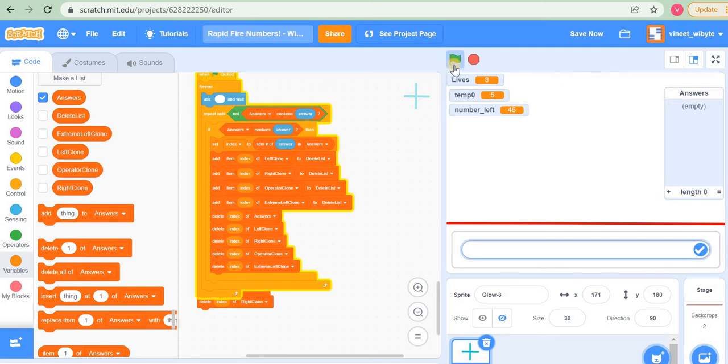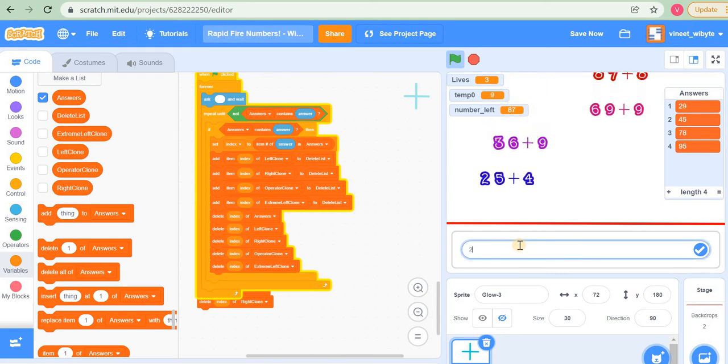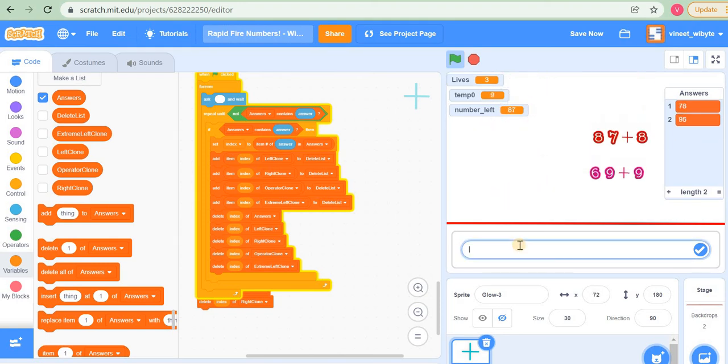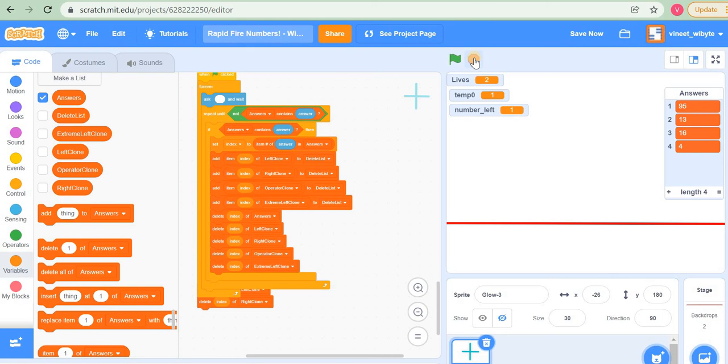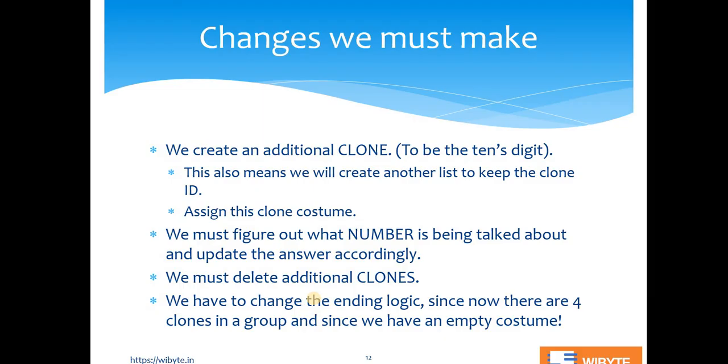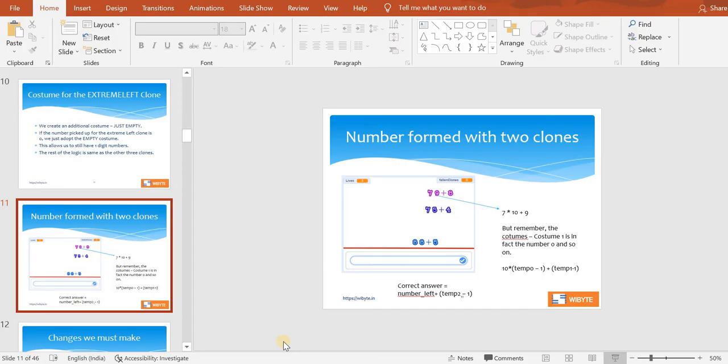So really what's going on is that if I answer this question now, you should see those things getting disappeared, right? So if I say 24, indeed it disappears. 29, 45, and your game is actually in a good shape right now, right? So notice how we've just used the structure that we had created earlier and we just added a little bit to that, right? But now comes an important step and something to be done a little bit